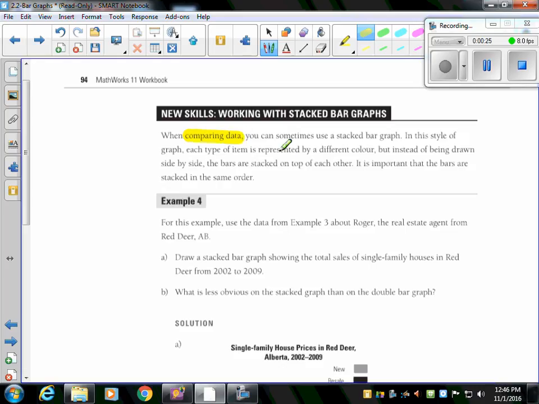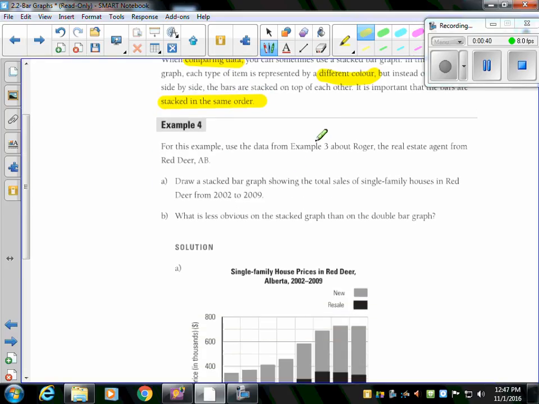And each type represents a different color, okay? But instead of drawing side by side, the bars are stacked on top of each other. We're always stacking the bars in the same order. That's very important. Okay, so for this example, we're going to use example 3 about Roger, the real estate agent